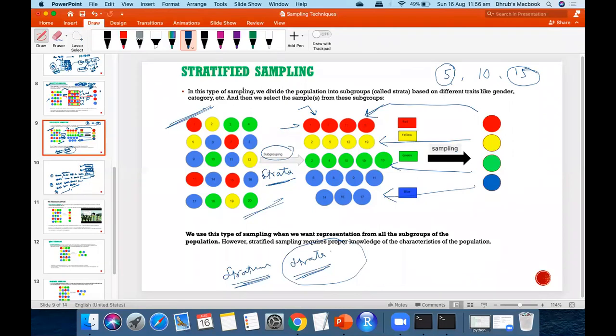Another point you can see, all the things are the same. One strata will contain the same type of data points within itself, but one cluster can contain multiple different types of data points within itself. I'm talking about traits, right? In one cluster, we can have gender equal to male, gender equal to female, economically all different representation. But in one strata, the representation should be unique.